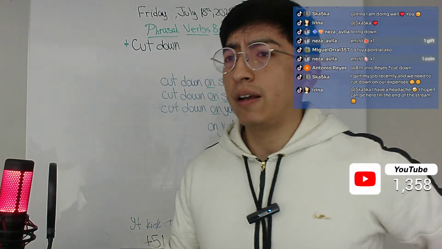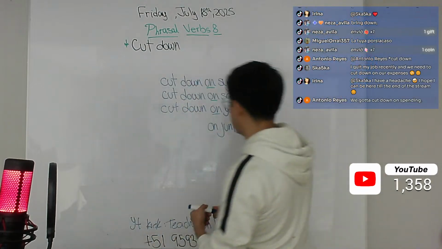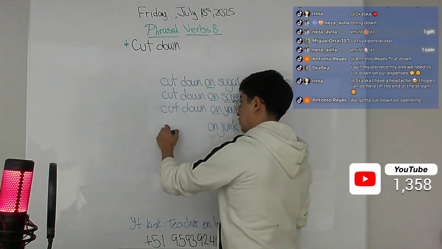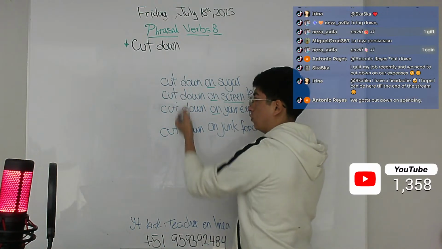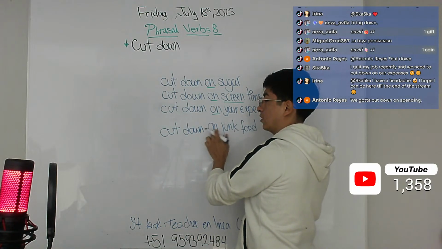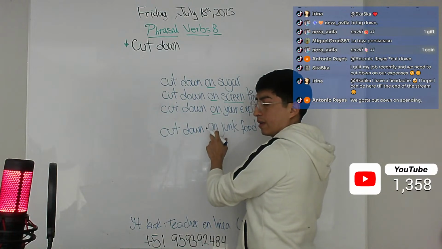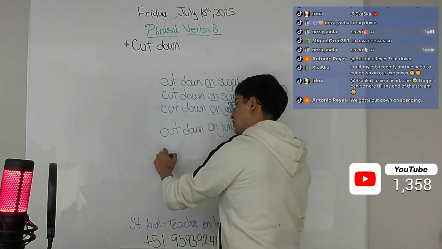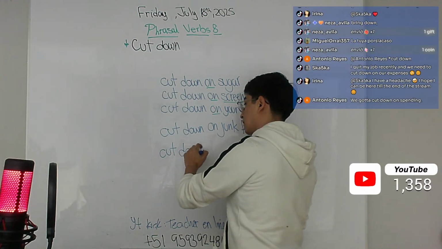Very good. Let's check now your sentences, guys. One more thing. In this case, this is "cut down on." Remember, guys, that if you need to use this phrasal verb, you need to add here the preposition "on." Remember that. The only exception here is to say cut down